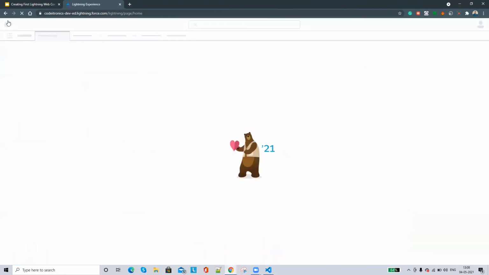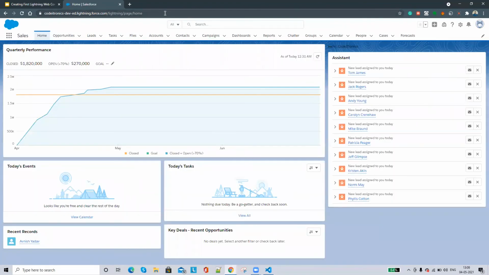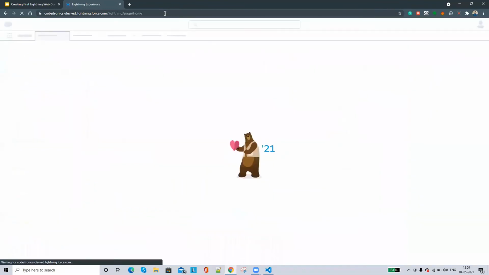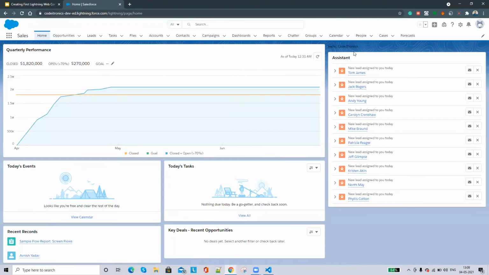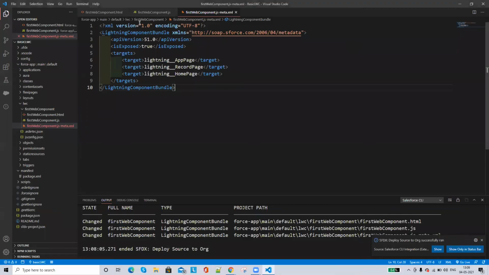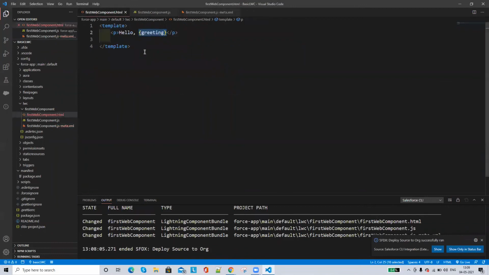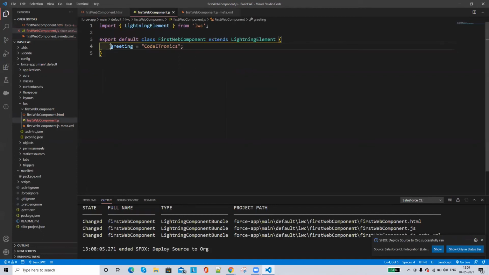Let's go back to our page. And we can see there is a hello code itronics, which I passed as a greeting. If you go to the code you can see that in that HTML file I wrote hello and after that greeting, and this is what is coming from our JS file.